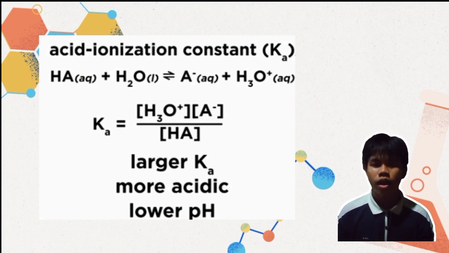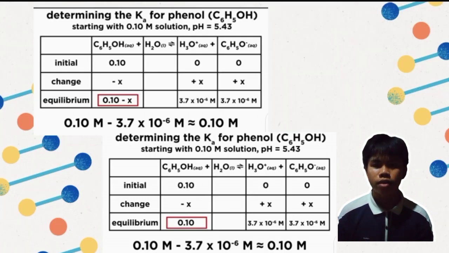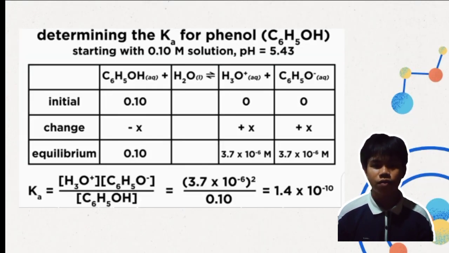We can determine Ka experimentally. Let's say we want to know the Ka for a weak acid like phenol. We can set up an ICE table just like the kind we already know. Calculate the hydrogen concentration and therefore also the conjugate base. Since they are the same initial concentration, we can use the pH to find the concentration. The change in concentration of the acid is small, that is negligible, and we treat it as essentially unchanged. Plug these values into the expression and solve for Ka.